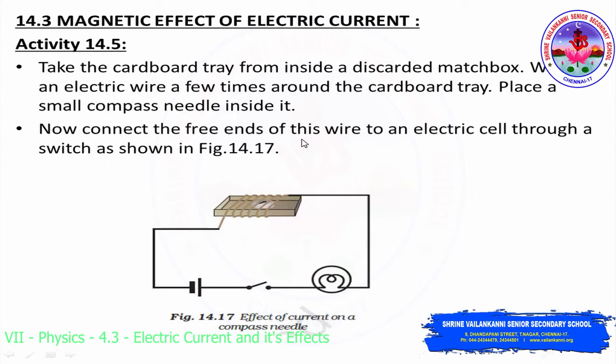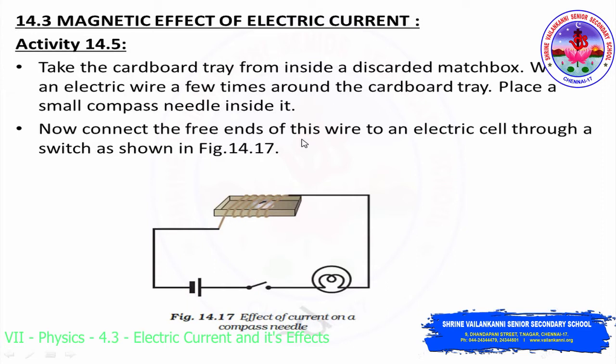Now we will discuss the magnetic effect. As I have already told you, due to the passage of electric current, two different effects tend to occur. One is the heating effect and the other one is the magnetic effect. So when does the magnetic effect occur? By discussing an activity, we'll get to know how the magnetic effect takes place because of the electric current.